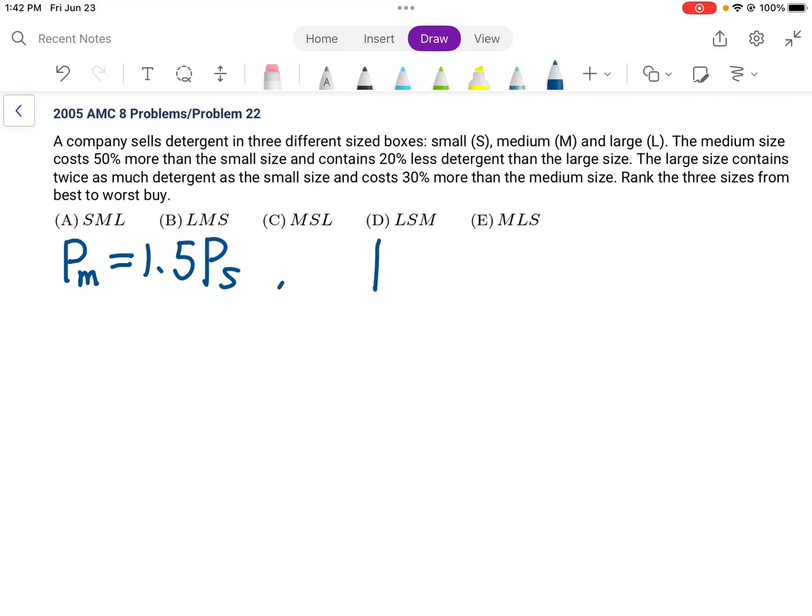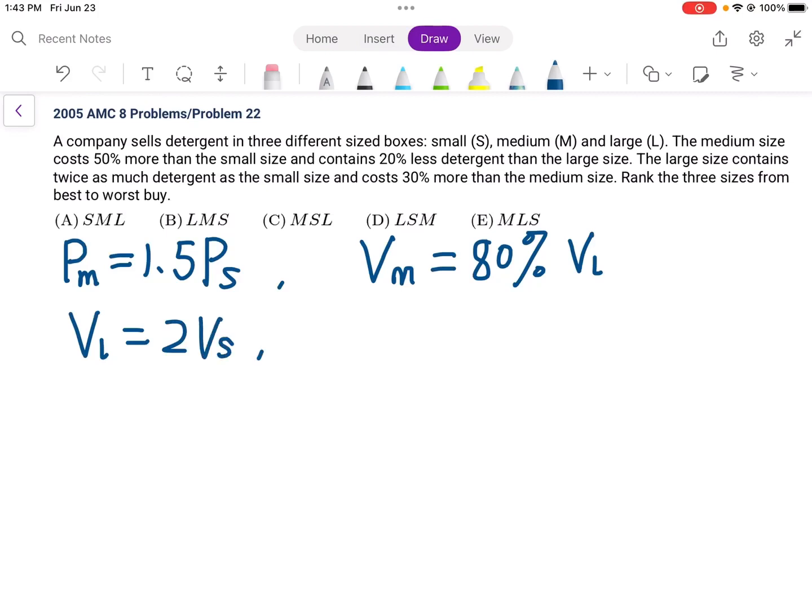That's the volume. That means, we use V for the volume. The volume of medium size equals 20% less. That's 1 minus 20% equals 80% of the volume of the large size. The large size contains twice as much detergent as the small size. That means the volume of the large size equals 2 times the volume of the small size,